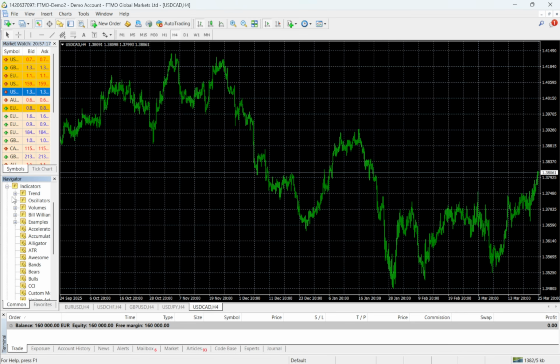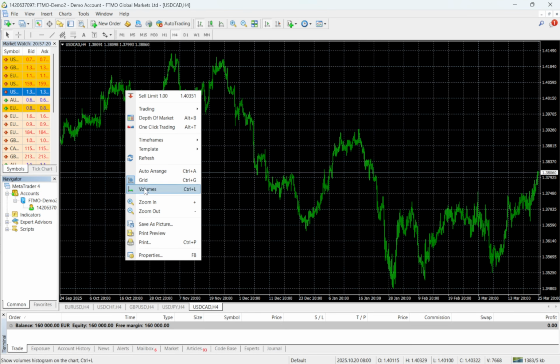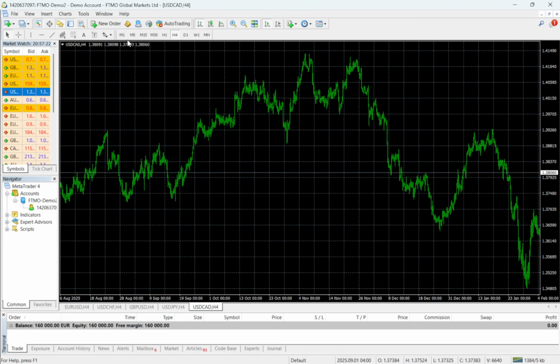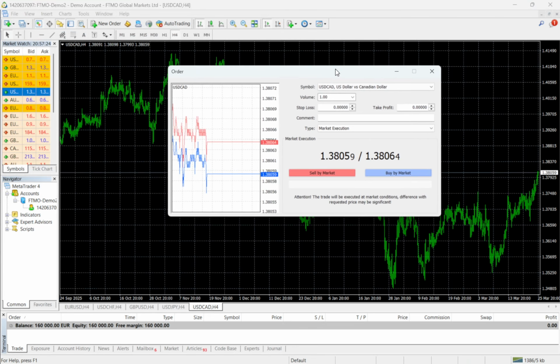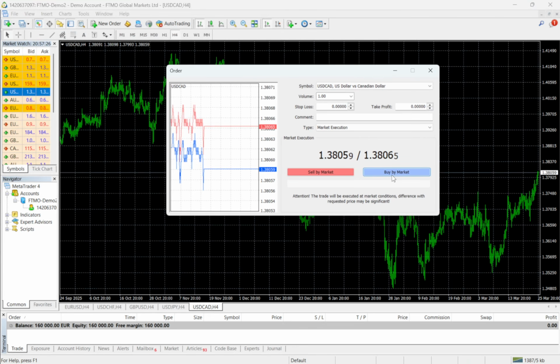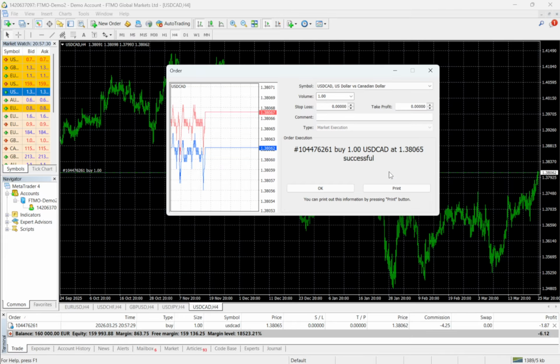When you're ready to place a trade, press F9 or right-click the chart and choose New Order. Set your lot size, which determines your position size, and define your stop loss and take profit, so your risk and target are clear before execution. Choose Buy if you expect price to rise, or Sell if you expect it to fall. You can place market orders for immediate execution or pending orders if you want price to trigger your trade at